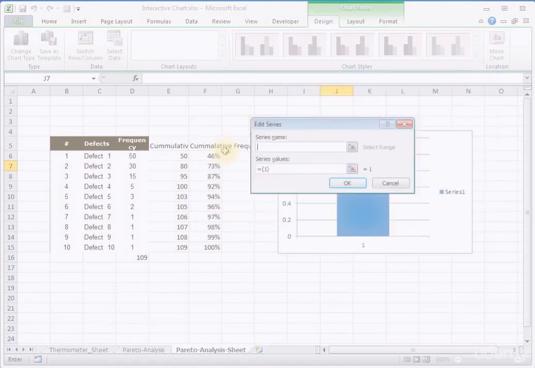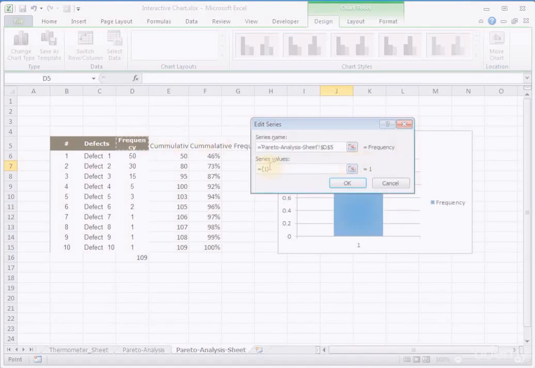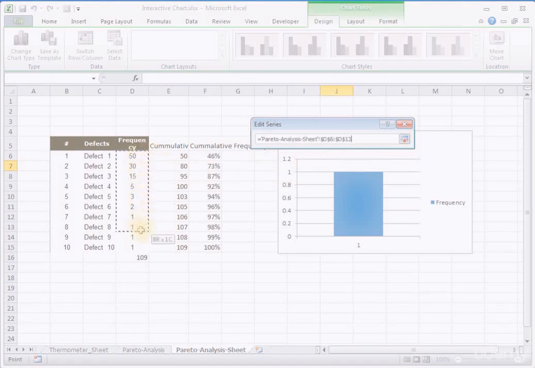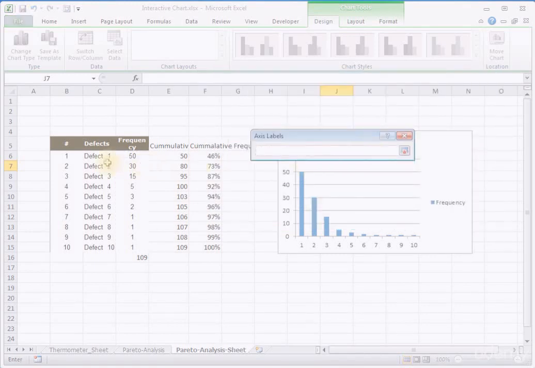Let me click on this add button and add a series. For the series I am adding, the series name is frequency and the series values are the frequency values till defect 10. In the horizontal axis box click on the edit button and add defect types.